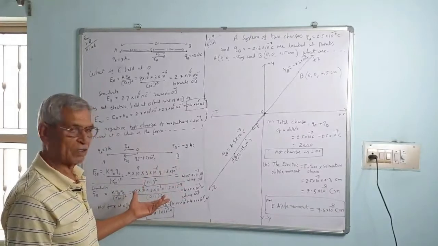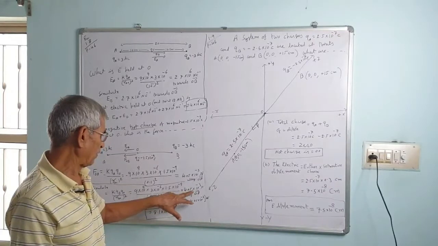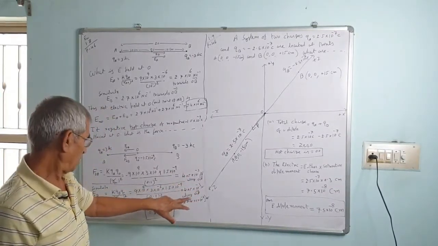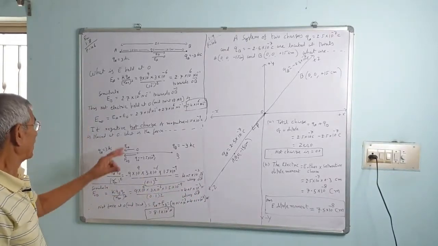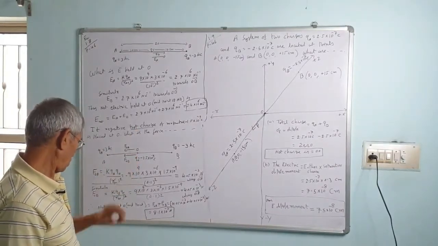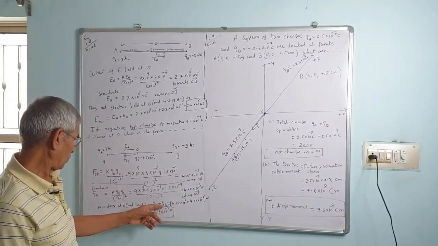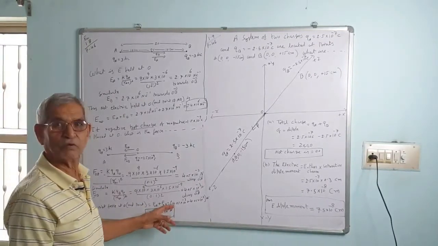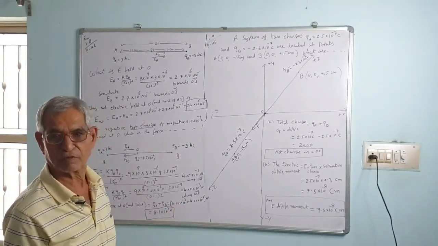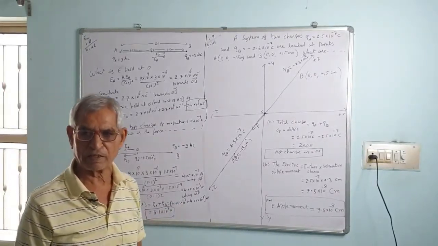That comes out the same, both are the same magnitude. The data is the same, so the force will also be the same, 4.05 into 10 raised to power minus 3 Newton along OA. This is also along OA and this is also along OA, so they will be added up. The net force at the midpoint O on the charge Q naught will be FOA, the force on O due to A, plus the force on O due to B, that is equal to 4.05 into 10 raised to power minus 3 plus 4.05 into 10 raised to power minus 3 Newton. This total is 8.1 into 10 raised to power minus 3 Newton.